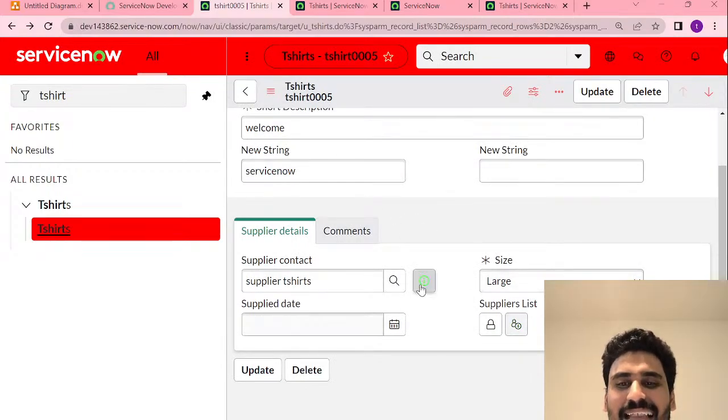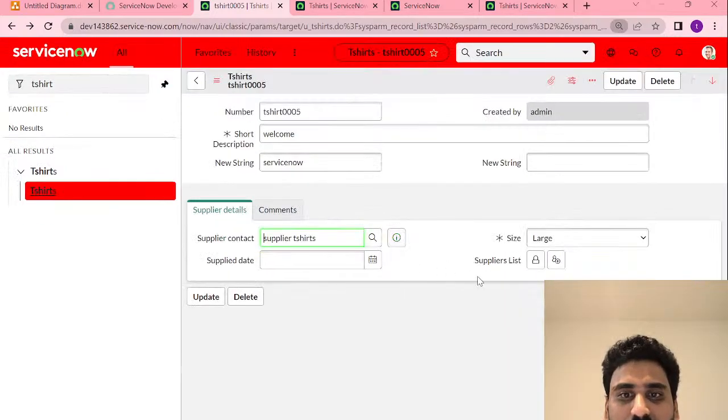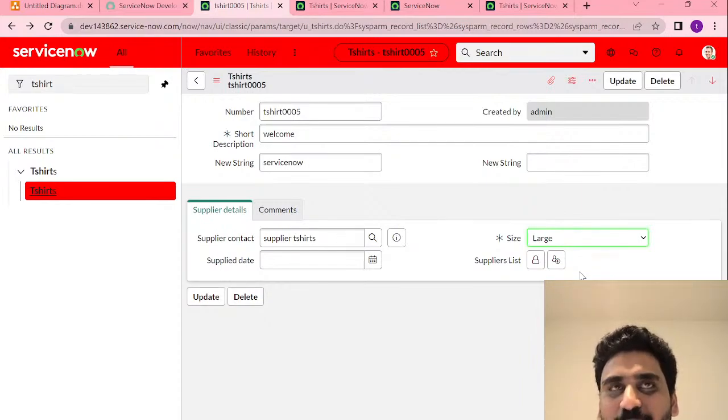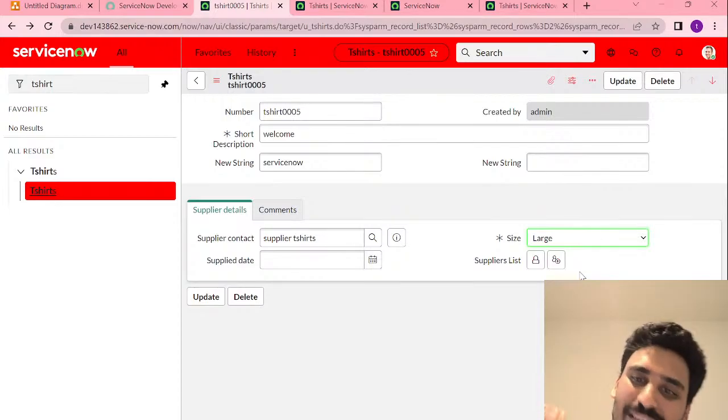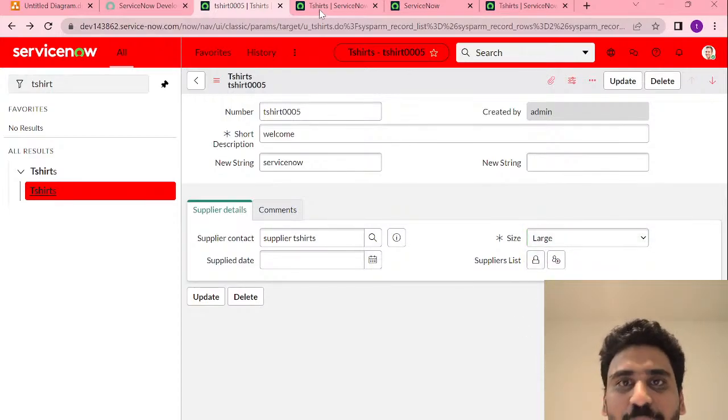So I've got a question stating whether we can set the display value of this particular thing. Let's say we have used the backend value, right, of large. It's always best practice to use the backend values, as in my experience, what the users ask is, let's change that to extra small or something like that. It's not a best scenario, but what users ask is they wanted to change the front end name. So rather than using front end names, it's always better to use a backend name. But if you still wanted to use a front end name to set the value, what you need to do